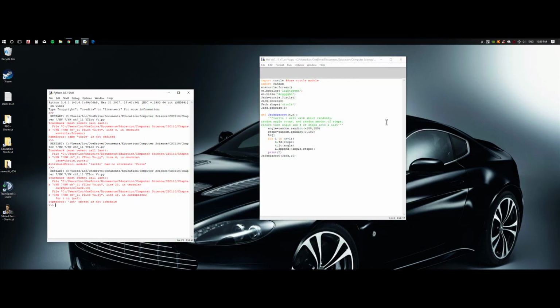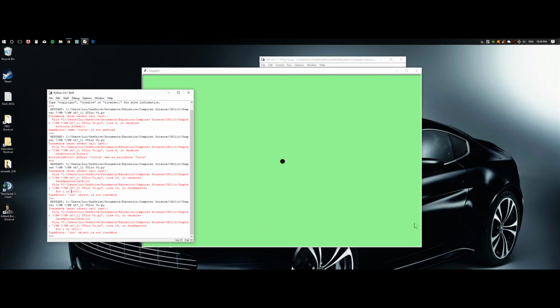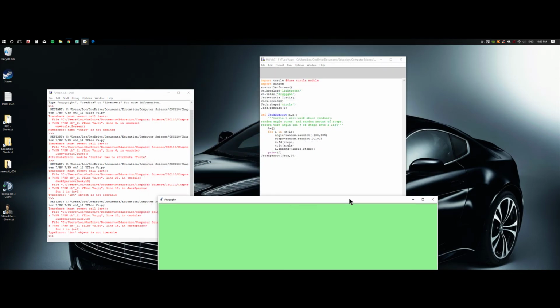Int object is not callable. What line is that? Really? Perhaps it's being picky about where I put this. Let's find out. Let's run it again. Integer object is not iterable. What did I do wrong? Steps angle